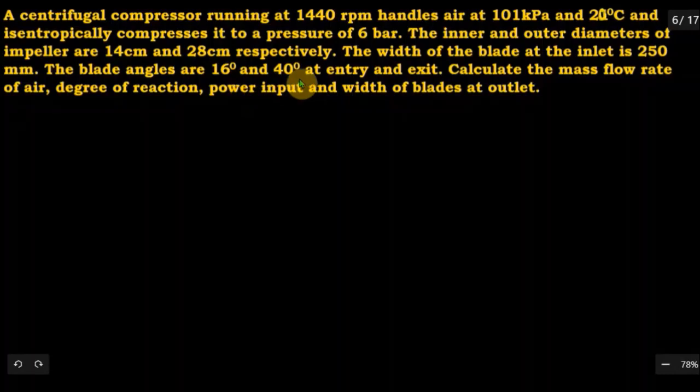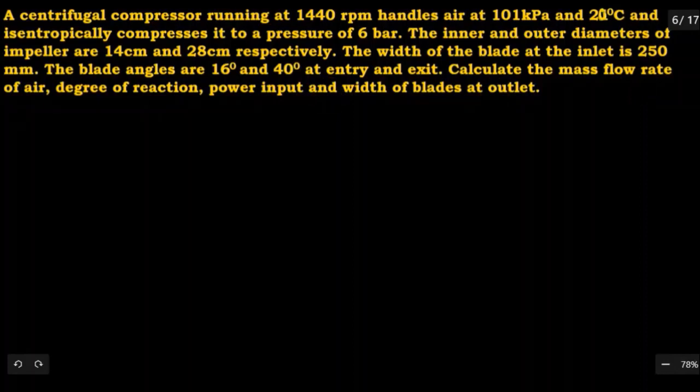So whenever the vane angles are specified, we need to consider the blades are curved, but whether it is forward curved or backward curved. Considering the RPM of 1440, we may consider that it is backward curved; it is slightly lower, it is a low speed impeller when you consider centrifugal compressors.